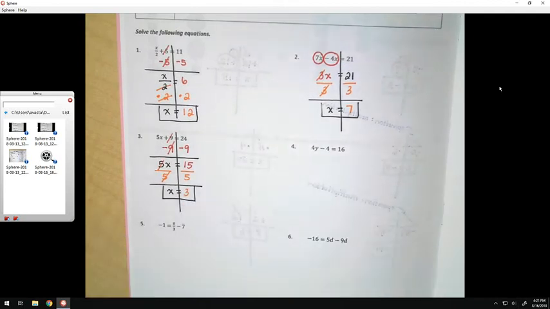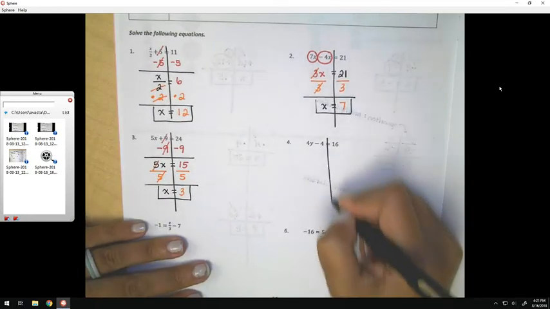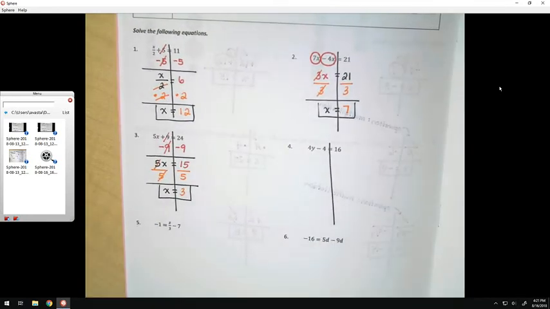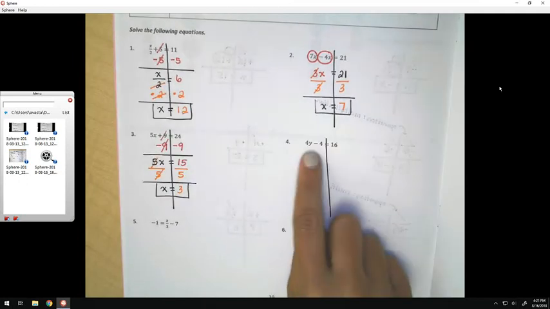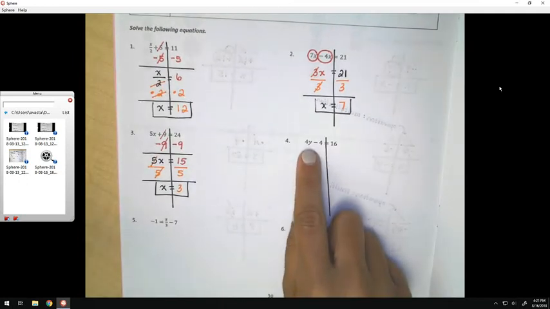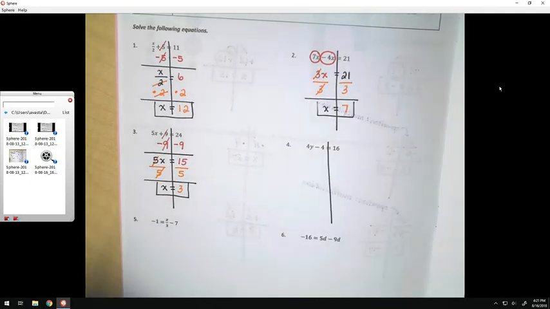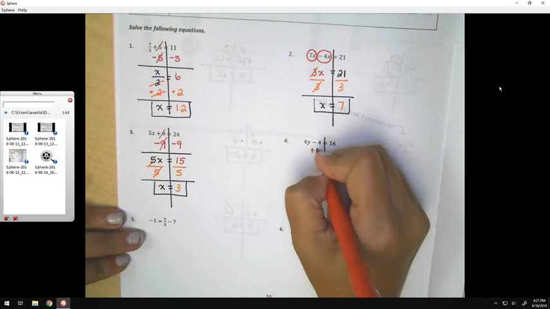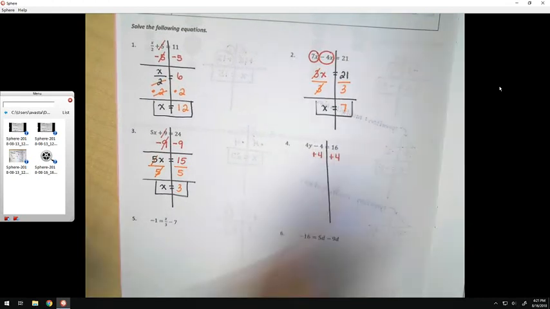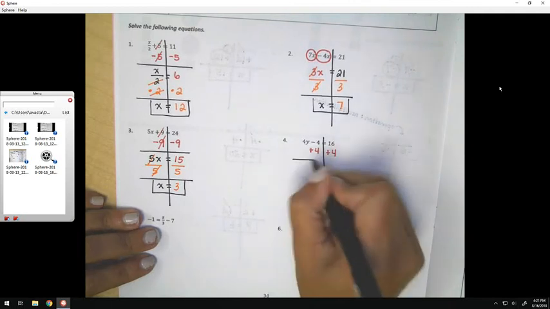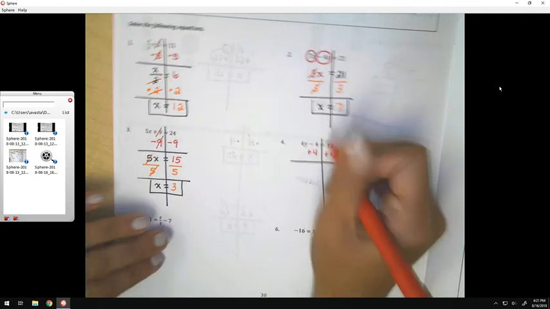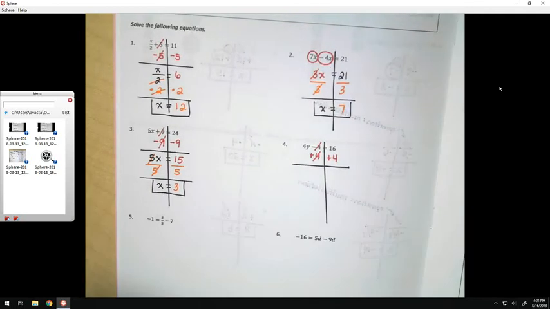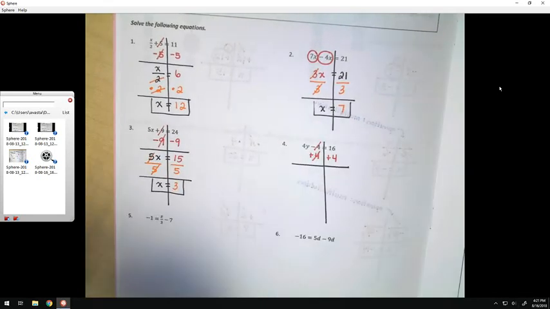We're going to do one more problem. We'll do problem number 4. For problem number 4, I'm going to start with my vertical line through my equal sign. In order to get the y by itself, I'm going to need to undo the minus 4 and the multiplying by 4. Since I need to reverse the order of operations, I'm going to start by adding 4, because addition is the inverse of subtraction. So these 4's are going to cancel, and I get 4y